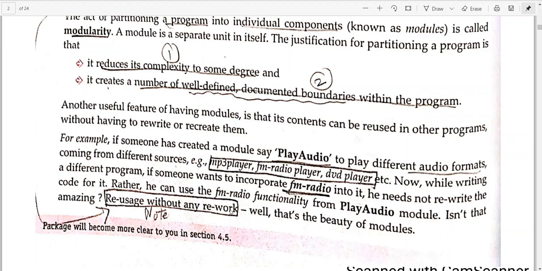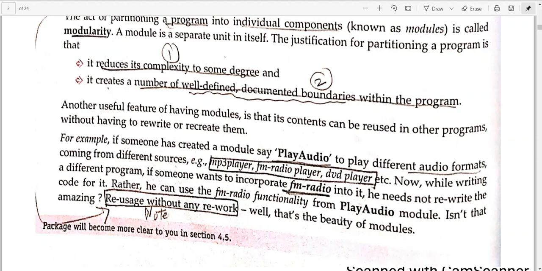So let us take an example here. If someone has created a module like play audio, to play different audio formats from different sources like MP3 player, FM radio player, DVD players, then whether he wants to play the audio from FM radio or any other, he doesn't have to write all the things regarding play audio.